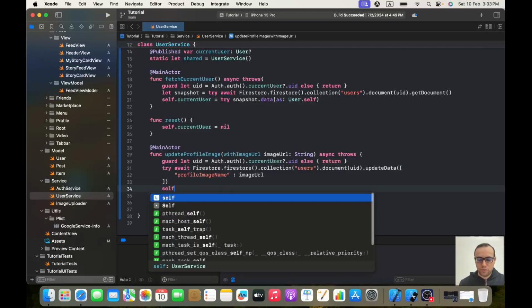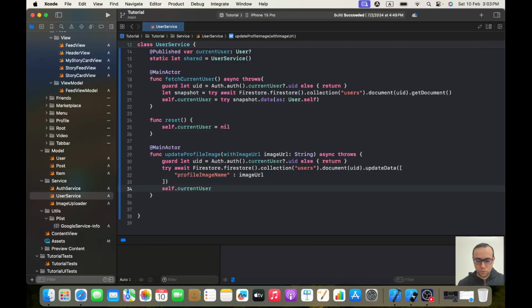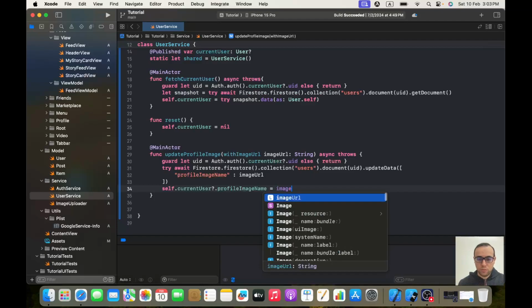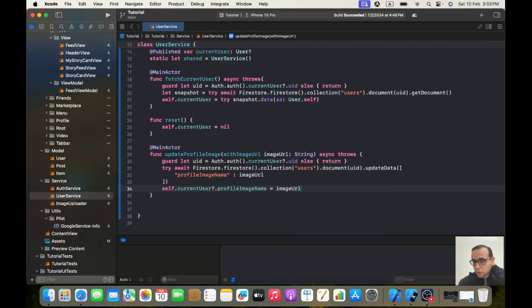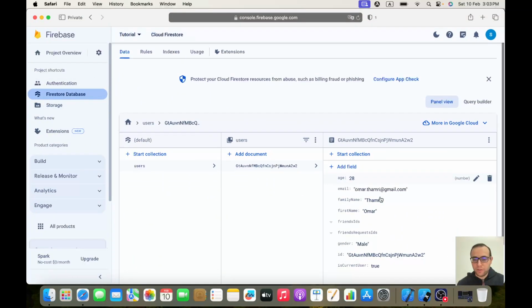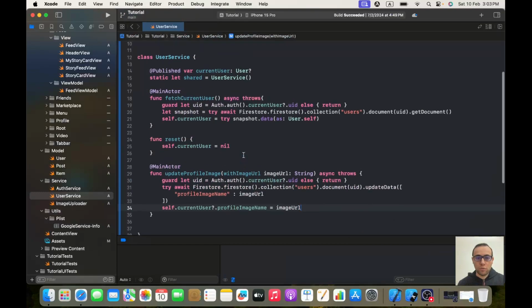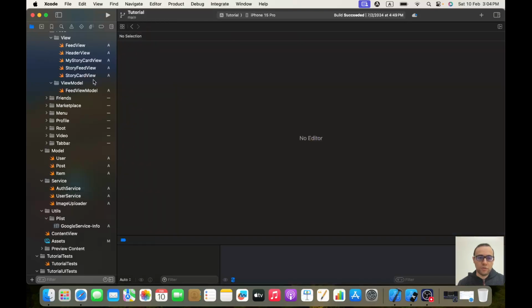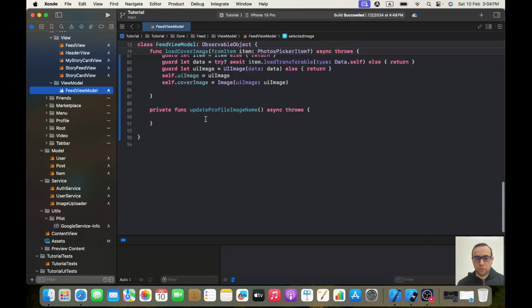Perfect, and we finish with self.currentUser.profileImageName equal imageURL. That's all we need to add a field here with the profile image name and the URL, so it's perfect. Now all we need is to call this function inside our view model. So here in my feed view model, inside the new function called updateProfileImageName, we will first start